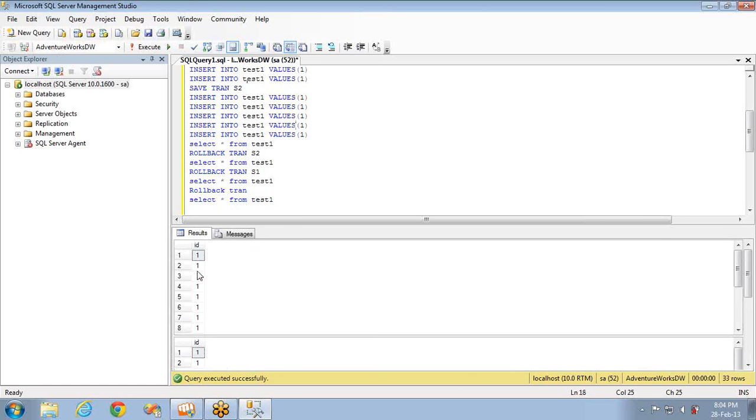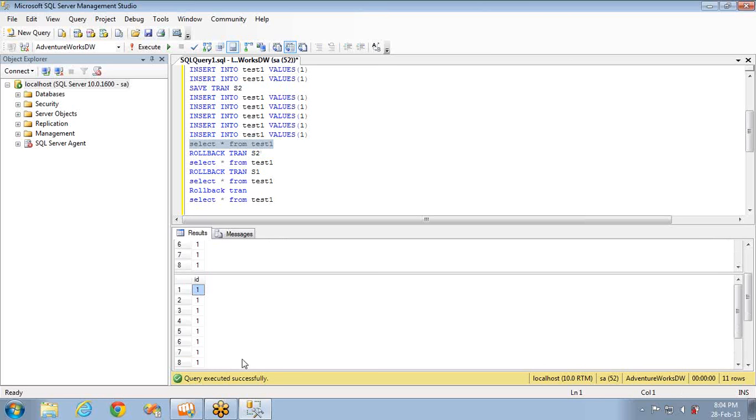You can see how many records were inserted? 16 records. This is the first select statement we have after inserting all the records. And let's see the next one. This one has only 11 records. Why? Because this has been rolled back up to save point S2. That means 5 records are gone.